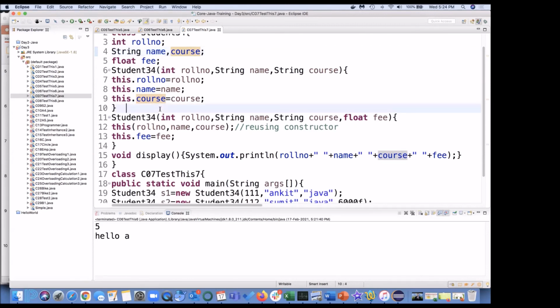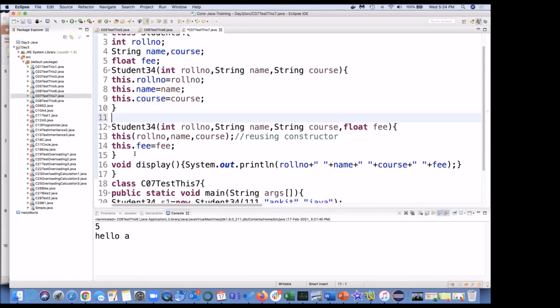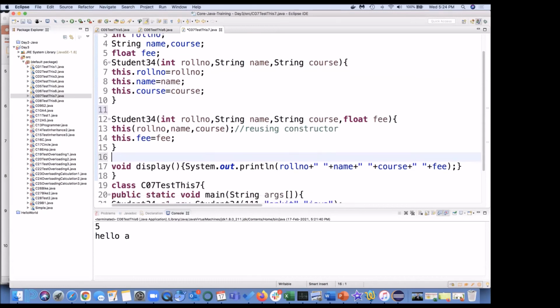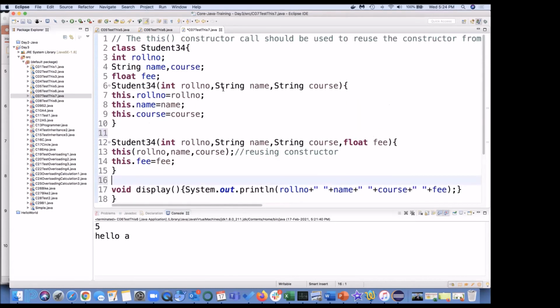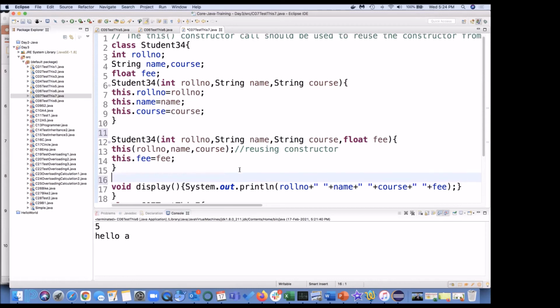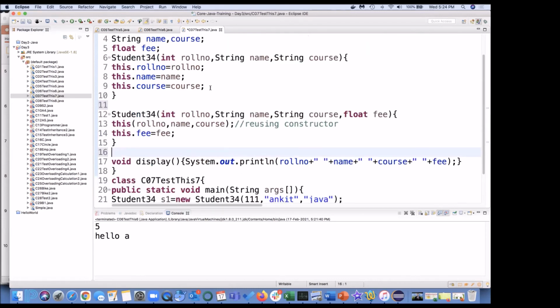Here is what I want you to understand. I have two objects, S1 and S2. In constructor chaining, for S1 I have created this with roll number, name, and course. For S2, I would again have to write the same statement.